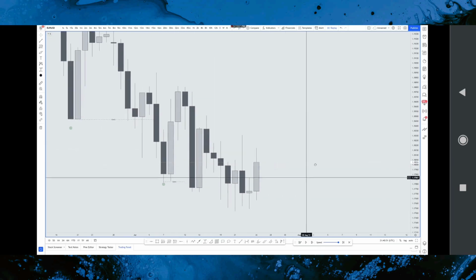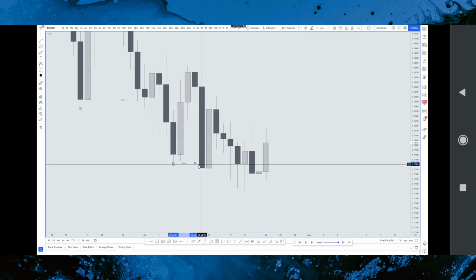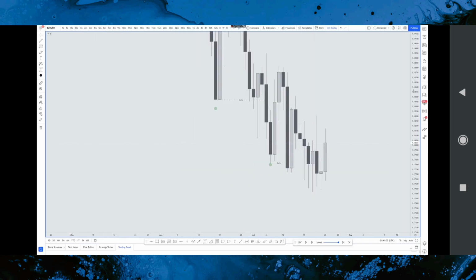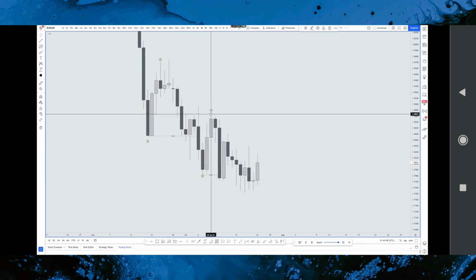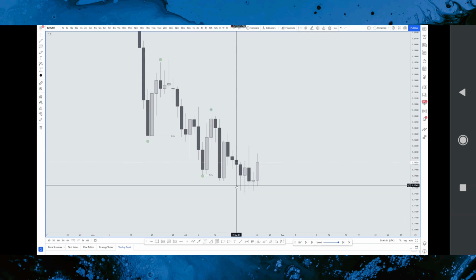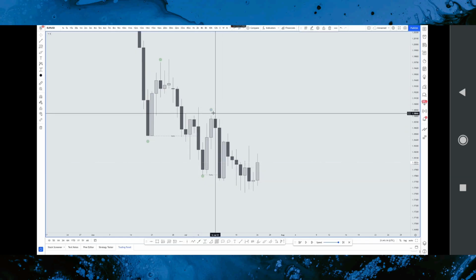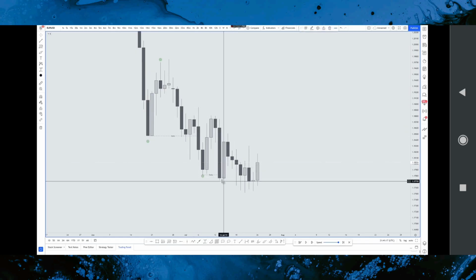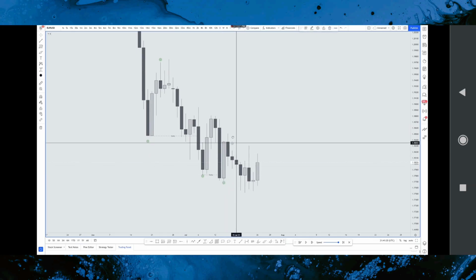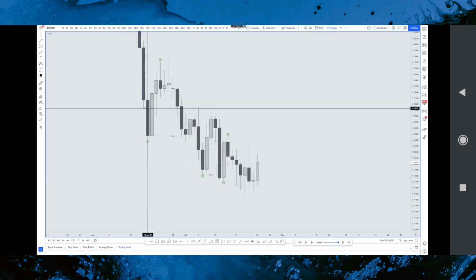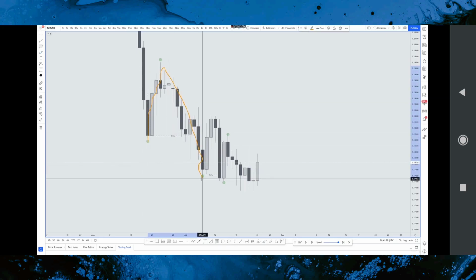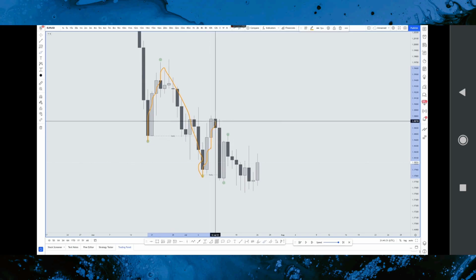So I'm just going to zoom in, make sure everybody sees what I consider structure break. It doesn't matter if it broke it by 2 pips. If there is a candle body underneath this wick, that is new structure. And it doesn't matter what time frame that's on, it remains the same on every time frame. So now what we're looking for is this pullback. So now if we said this is the high point of this pullback, so you have a low, high, low, you have another high here,